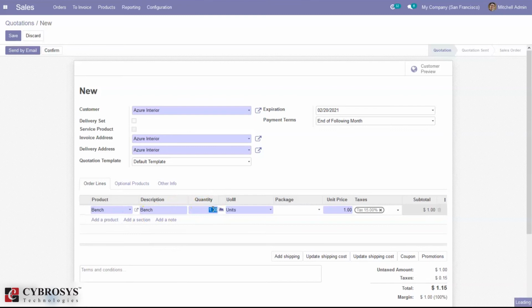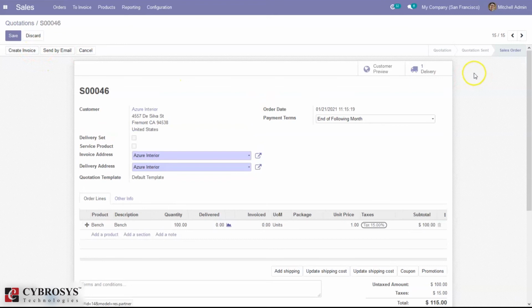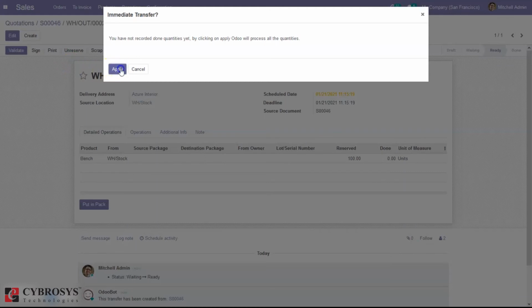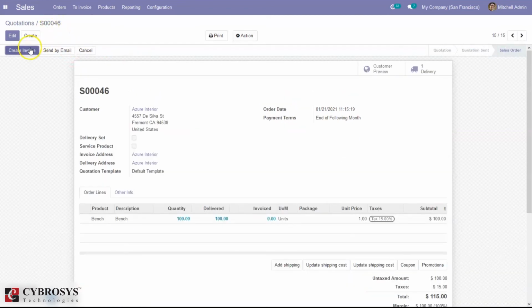If the customer orders 100 quantities of the product bench, let me confirm the quotation. Here we have our delivery. From here let me validate it. So delivery is done, that is 100 quantities are moved to the customer.